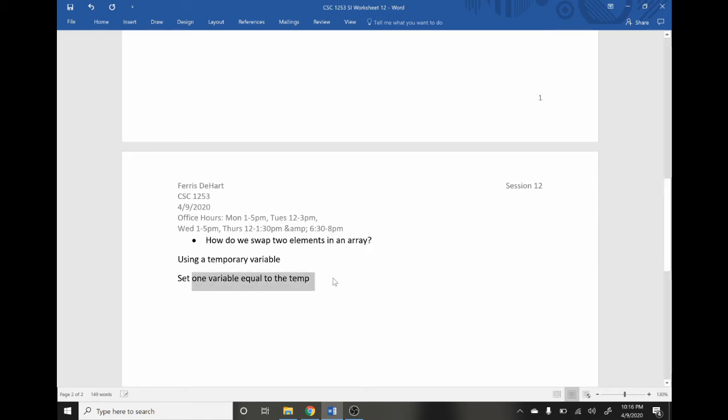What you want to do is set the temporary variable equal to one of the variables, and then